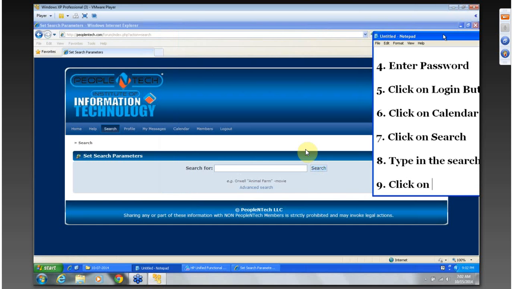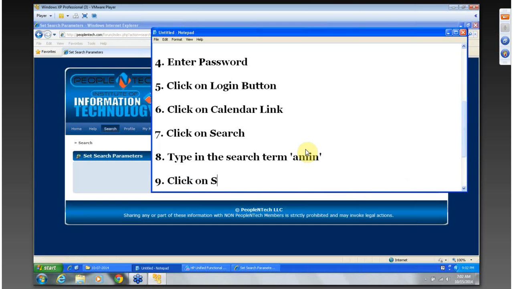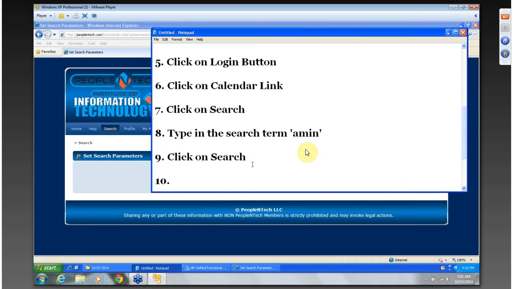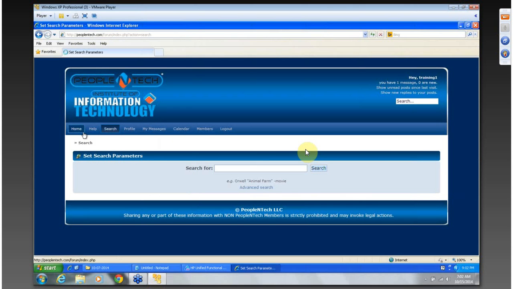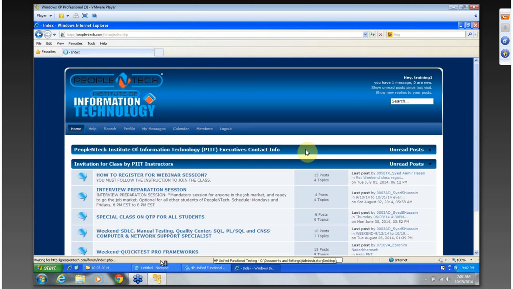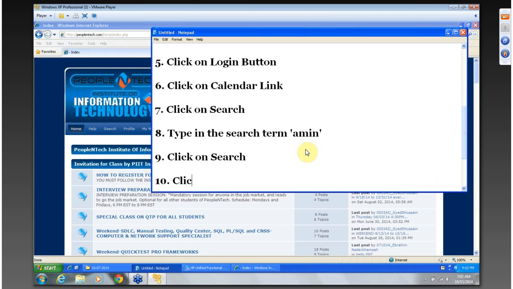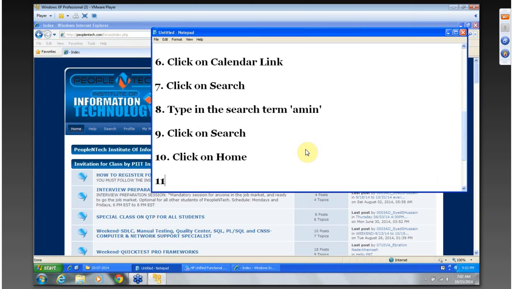This is a web button, I think. Click on search, okay. And then the 10th step is go back home, click on home. So the 11th stage is